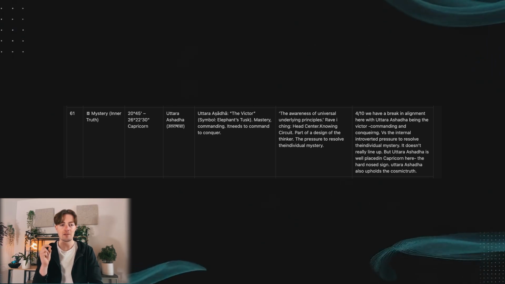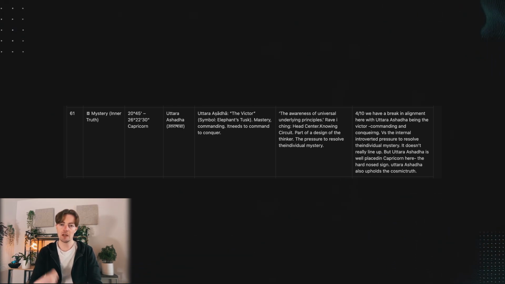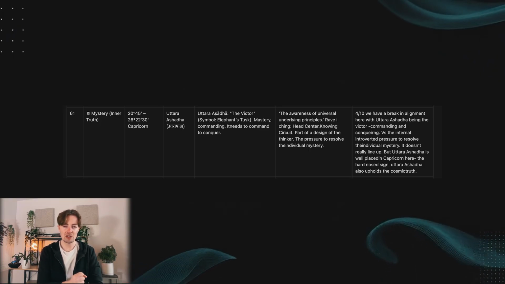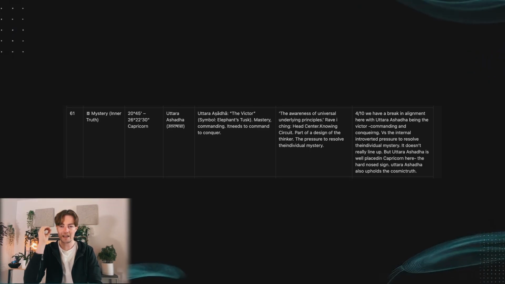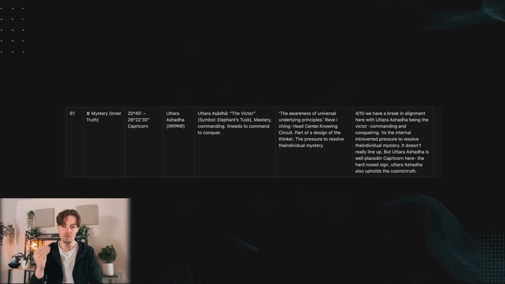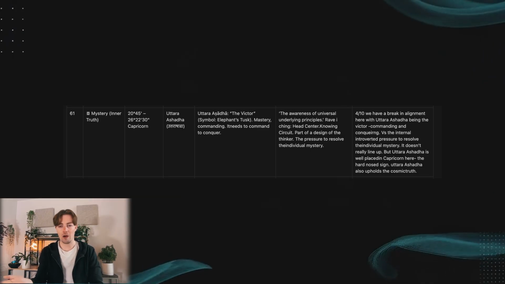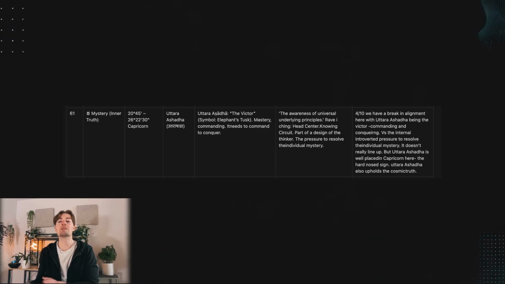So the notes that I have for gate 61, the gate of mystery, is the awareness of universal underlying principles. From the Ra Ching, I get it's a head center gate. It's part of the knowing circuit, and it's part of the design of a thinker, the pressure to resolve the individual mystery. I'm giving this a 4 out of 10 because we have a break in alignment here